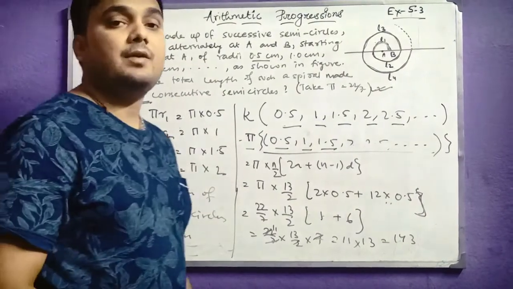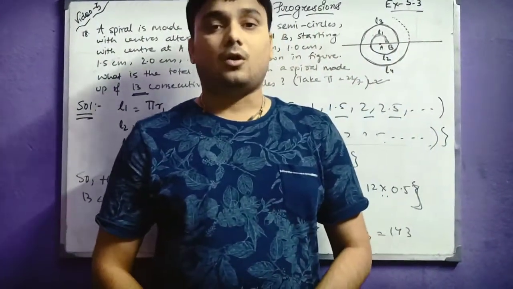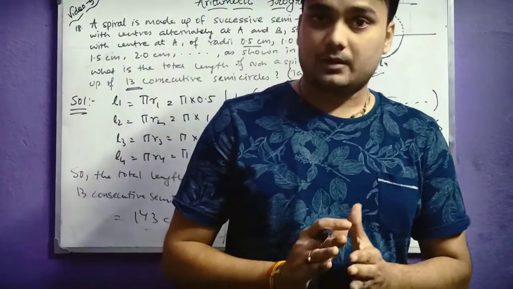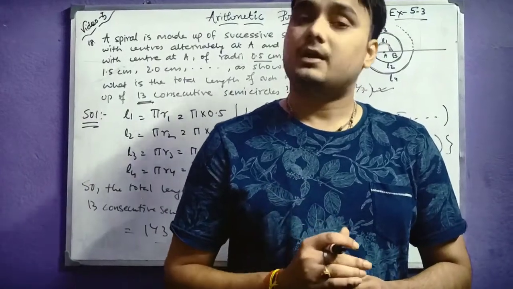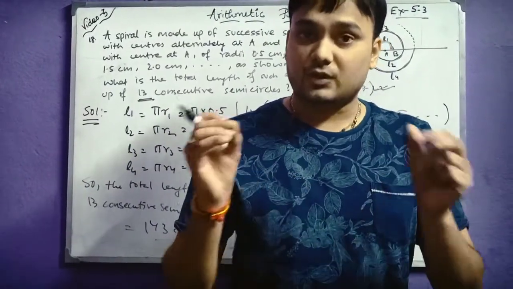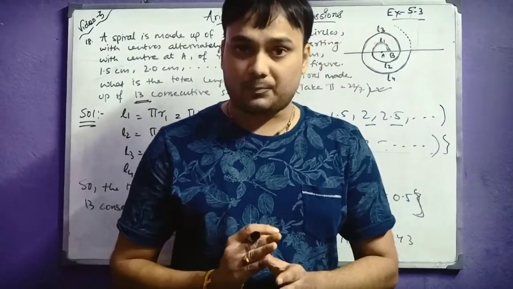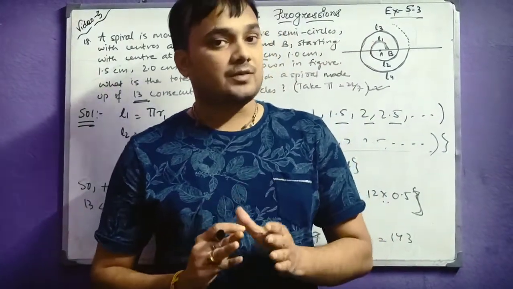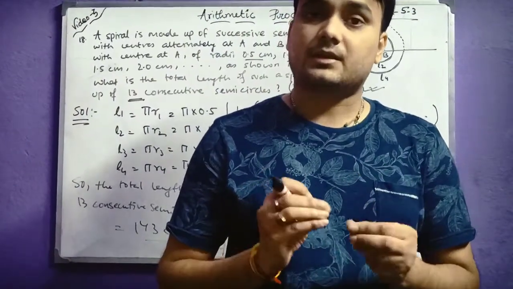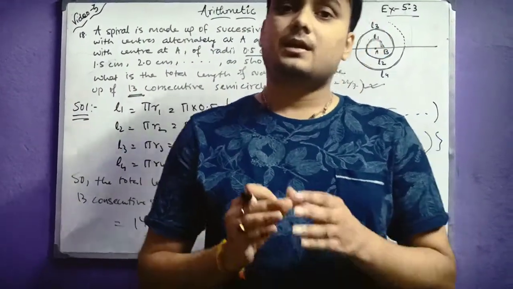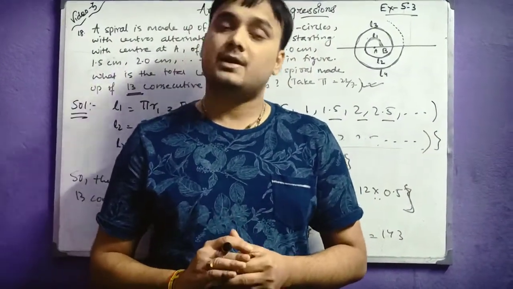So students, today we went through a few questions from exercise 5.3, and also I have explained to you the next and most important formula, that is Sn, the sum of first n terms in an AP. With this concept, I think you can solve the remaining questions from this exercise very easily, and a few selected questions from this exercise will appear in the next slide, which you have to do as your classwork, for your self practice.